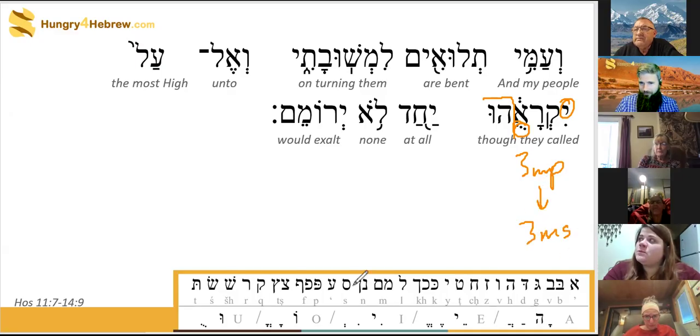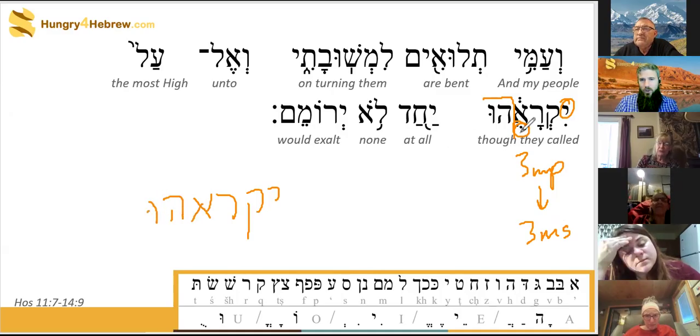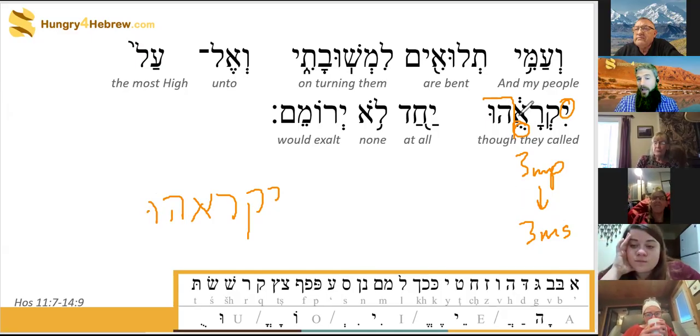Go. I don't understand why it's a 3MP only because of the oo. Hu is a suffix, right? It is. Oh, it's because of the oo under the aleph. Yeah. And to be perfectly clear, it was the tradition of the Masoretes that added the oo